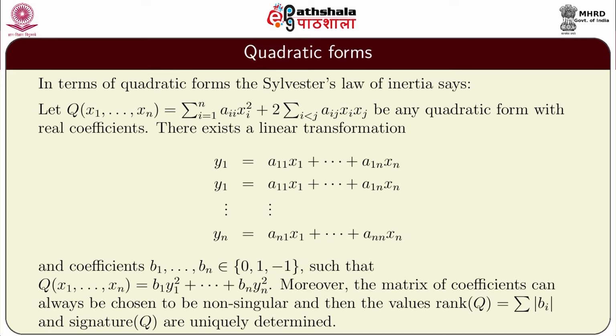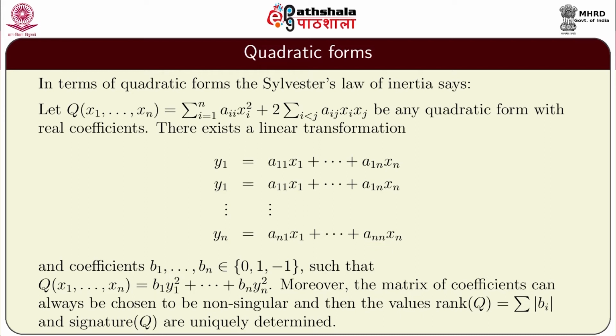We have learnt Sylvester's law of inertia, and we can restate that in terms of quadratic forms, and it says that if q of x1, x2, ..., xn is given by summation i equal to 1 to n aii xi square plus 2 times summation over the indices i and j, i less than j, aij xi xj, a quadratic form with real coefficients, then there exists a linear transformation given by y1 is equal to a11 x1 etc. up to a1n xn, then y2 is a21 x1 and so on, a2n xn, and so on, yn is equal to an1 x1 plus etc. up to ann xn,